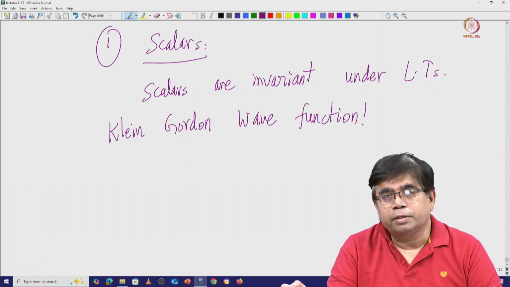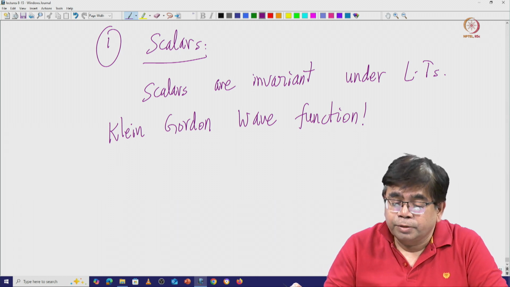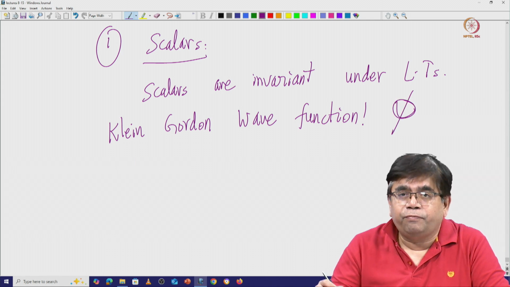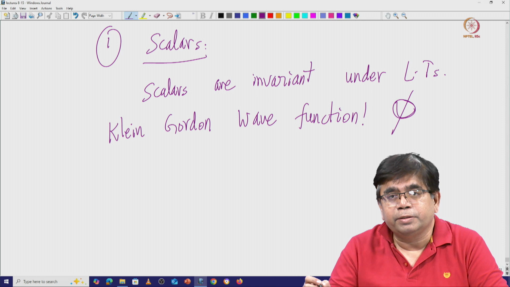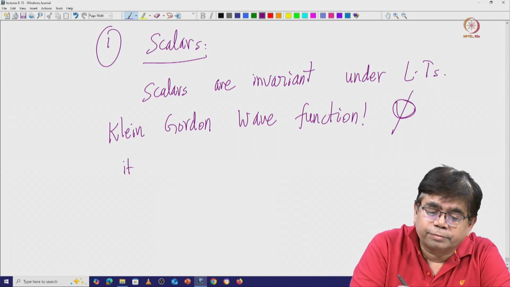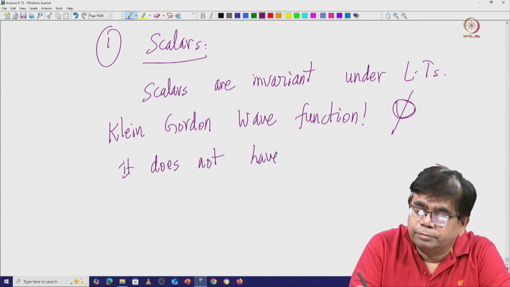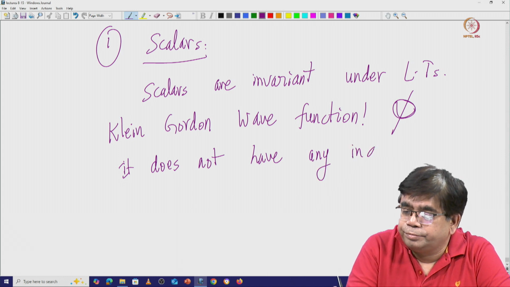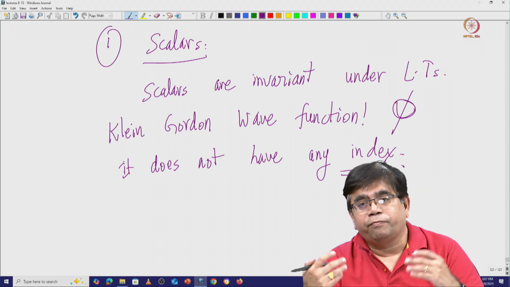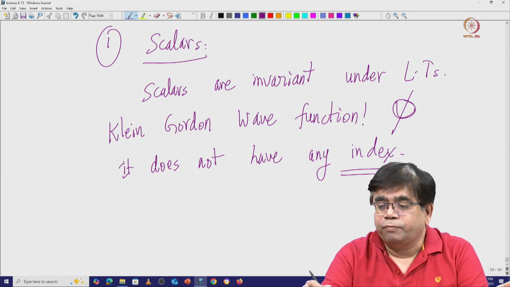So the Klein-Gordon wave function is nothing but phi. We had represented it as phi. Now phi is invariant under Lorentz transformations because it doesn't have any index. It is not phi_i or phi_mu or anything; it doesn't have any index, so phi of x